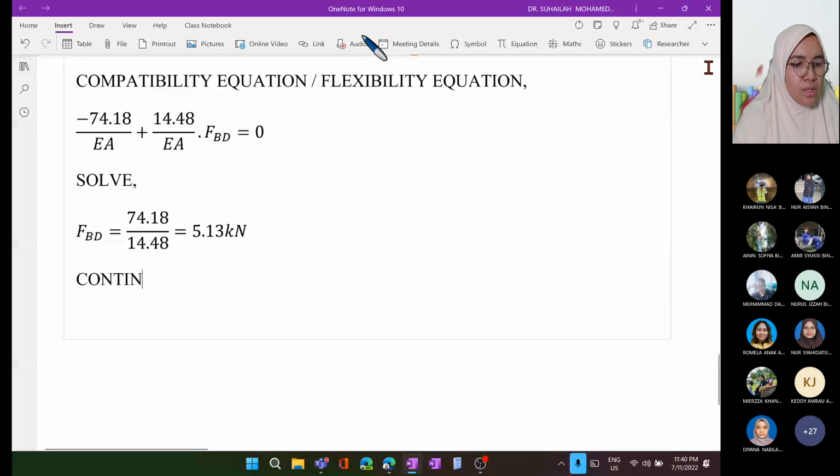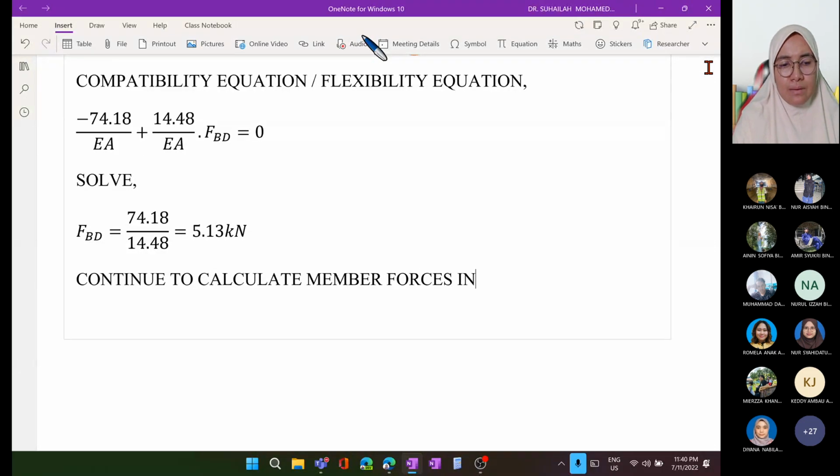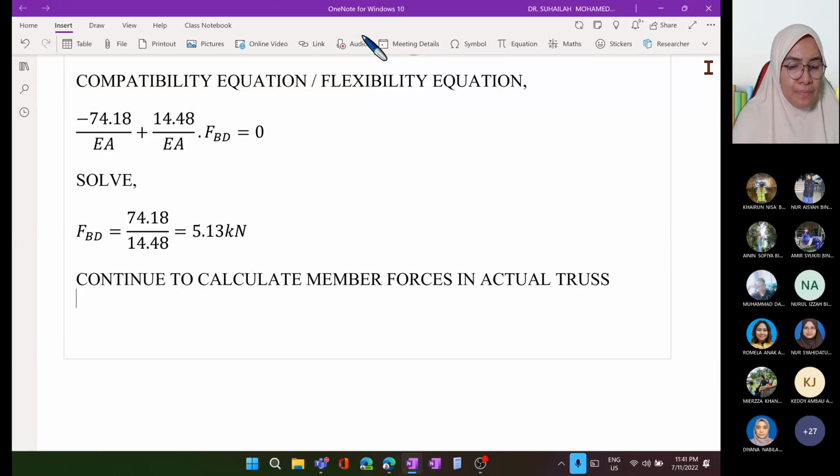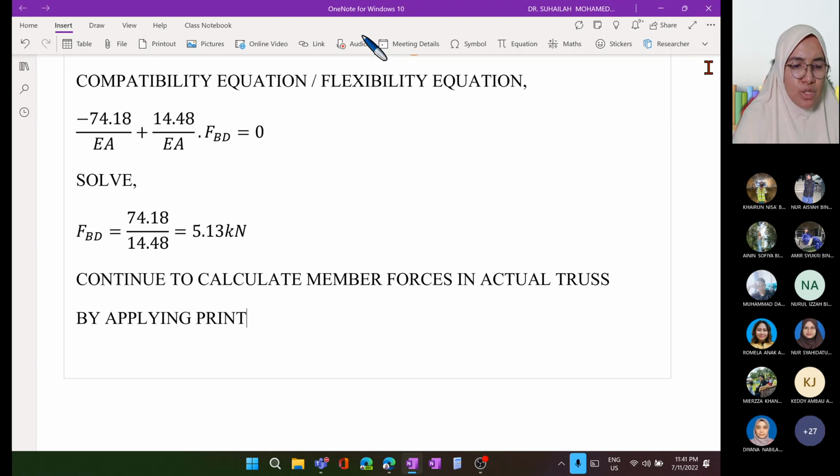Continue to calculate member forces in actual truss. Inilah soalannya kan. Inilah diagram yang diberi dalam soalan. Continue to calculate member forces in actual truss. And to calculate member forces in actual truss, okay, we don't need to apply equilibrium equation and repeat again guna method of joint untuk calculate. And we also don't need to repeat balik method of easy method tadi yang kita buat untuk calculate member forces. No need, because by applying principle of superposition,